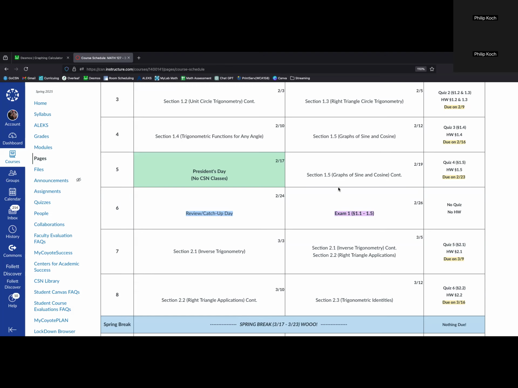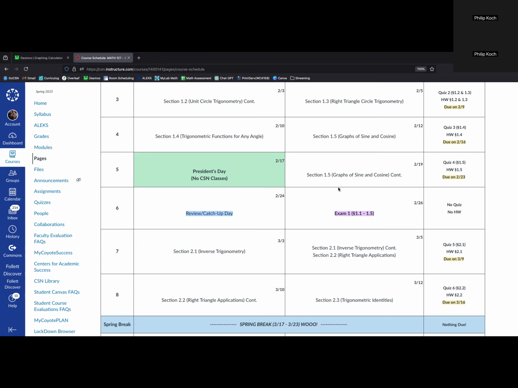So we have today and then we have next Wednesday because President's Day is on Monday. Just as a reminder, we do not have class on Monday. No CSN classes on that day, so you don't have to come to campus at all. And so the following week after President's Day and Wednesday, we have our first exam in week 6. It's on Wednesday in class, free response. I'm toying around this semester with maybe adding some true false things, but probably not.